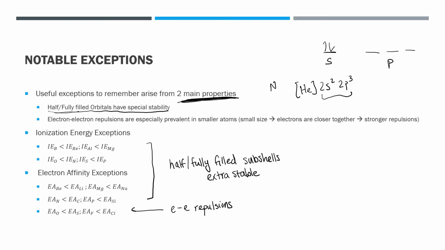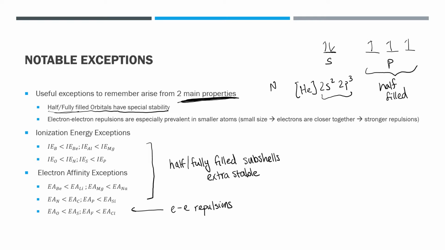I fill up my s orbital, and for the p orbitals, there's only 3 electrons in nitrogen, so they are all unpaired and in different orbitals. And this is a key thing, right? This is a half-filled subshell, which is unusually stable. So there's a special stability with half-filled and fully filled orbitals, and this is going to cause some of the